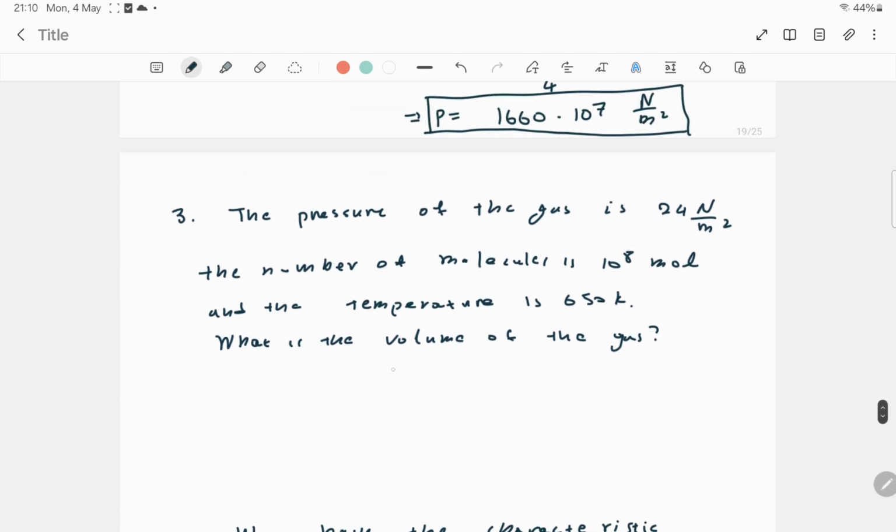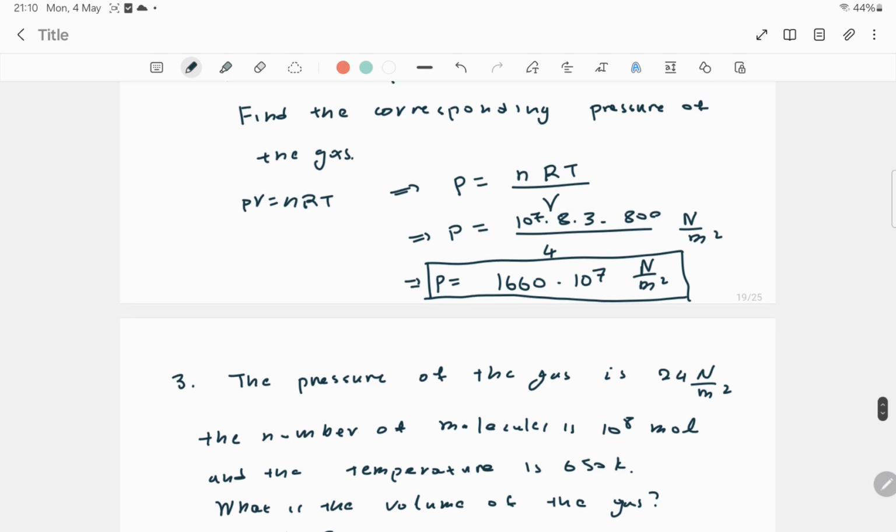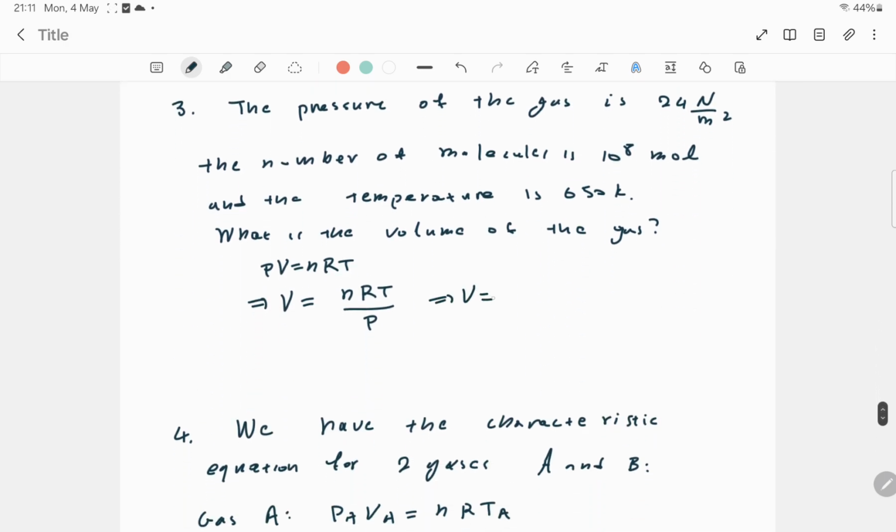Let's go to the next problem. We want to find the volume of the gas, PV equal nRT. So V is going to be nRT over P. The number of molecules is 10 to the power of 8 times 8.3 times the temperature, which is 650 Kelvin, divided by the pressure, which is 25. So that is 10 to the power of 8 times 8.3 times 650